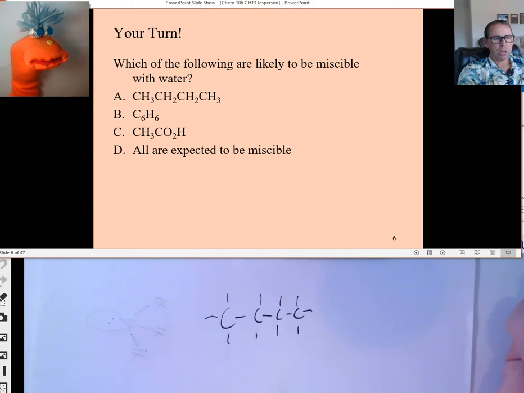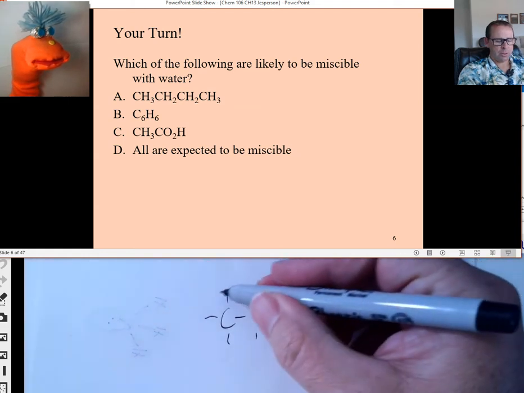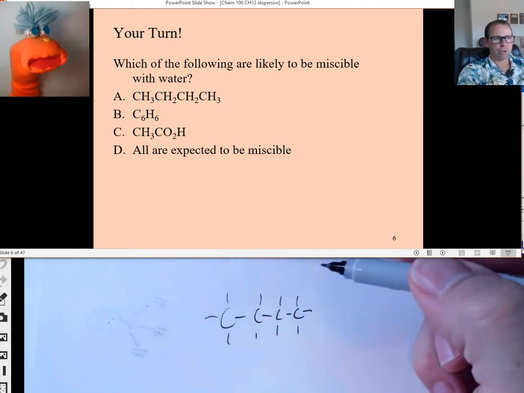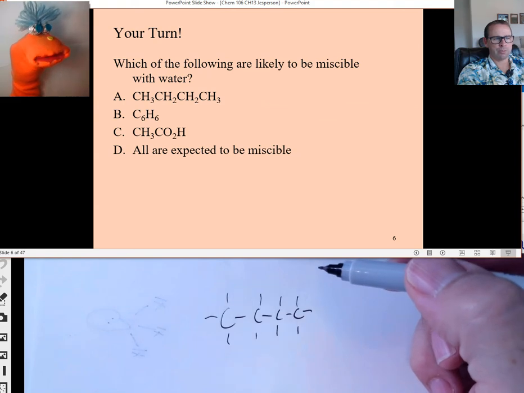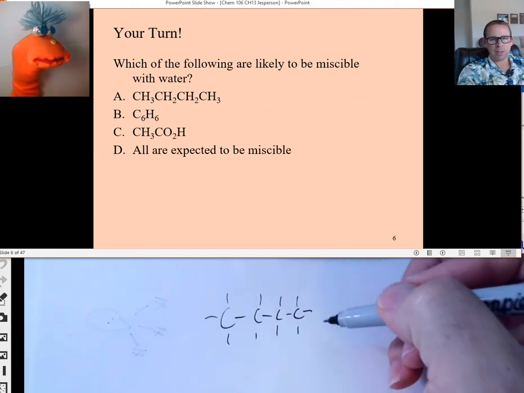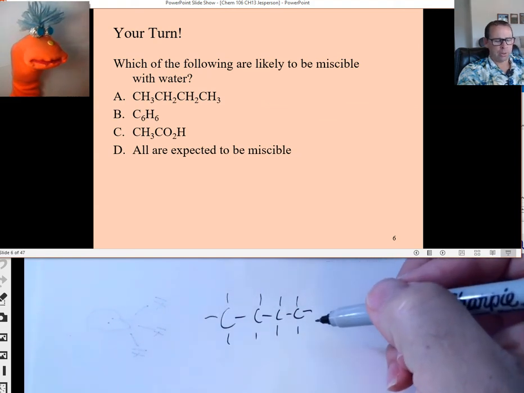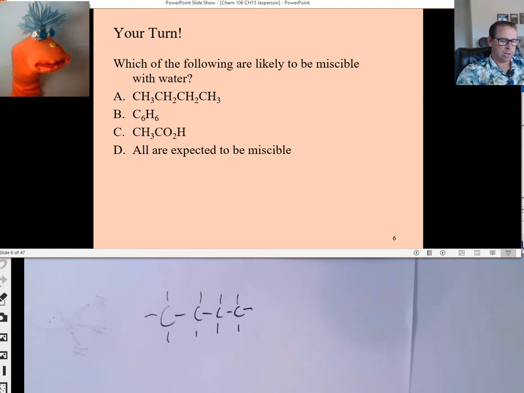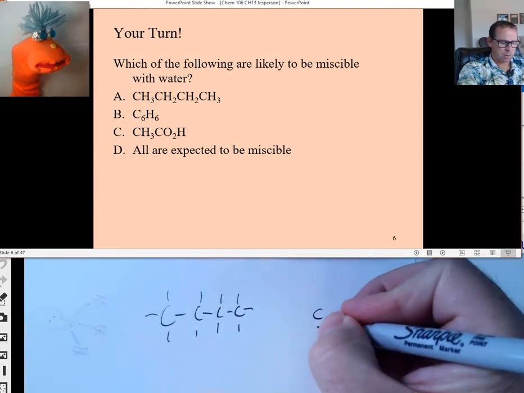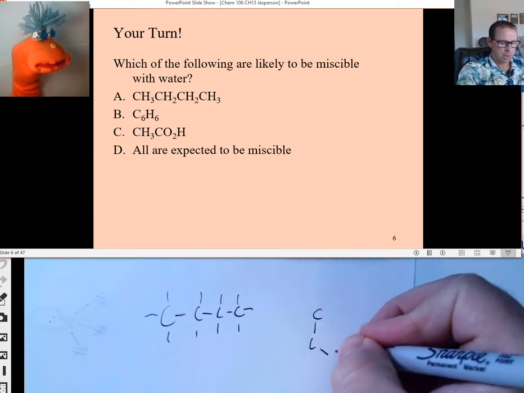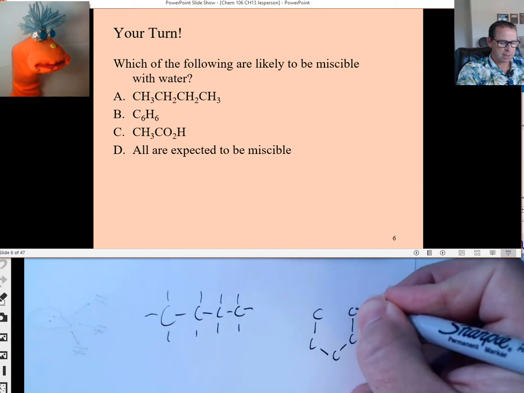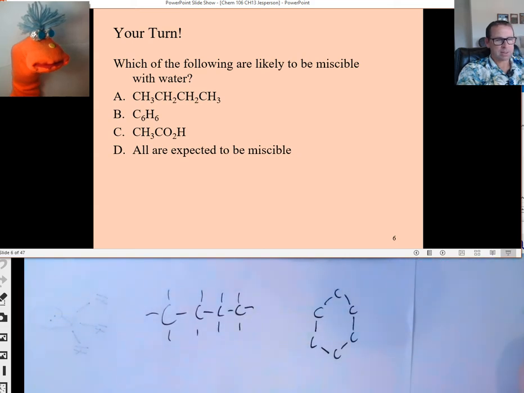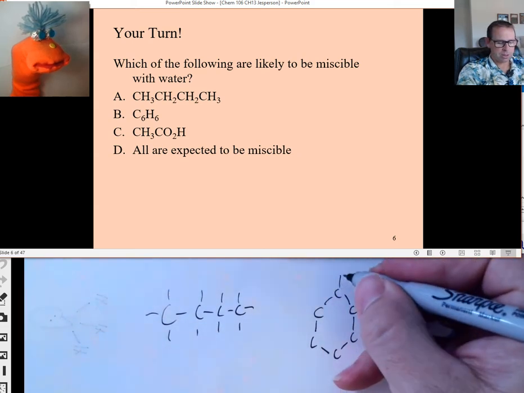Okay? So, what kind of intermolecular interactions? Just dispersion forces, London forces. That's right. So, not going to be miscible with water, right? Right. How about C6H6? I'm not sure about that one. Well, you actually do know, but we're not familiar with what this means. So when we see C6H6, what this means is 6 carbons in a